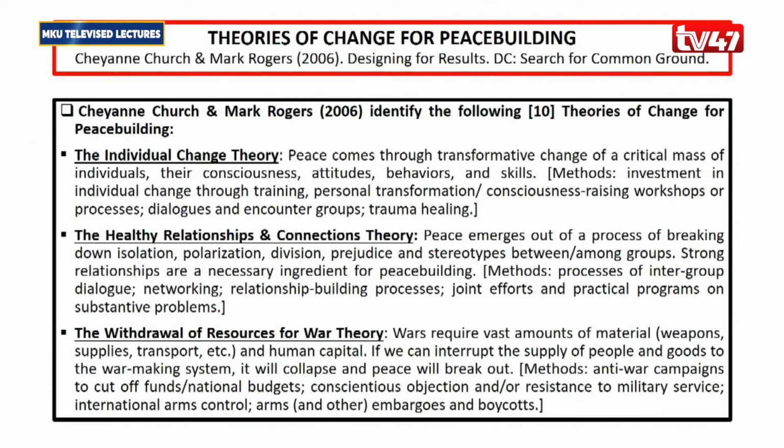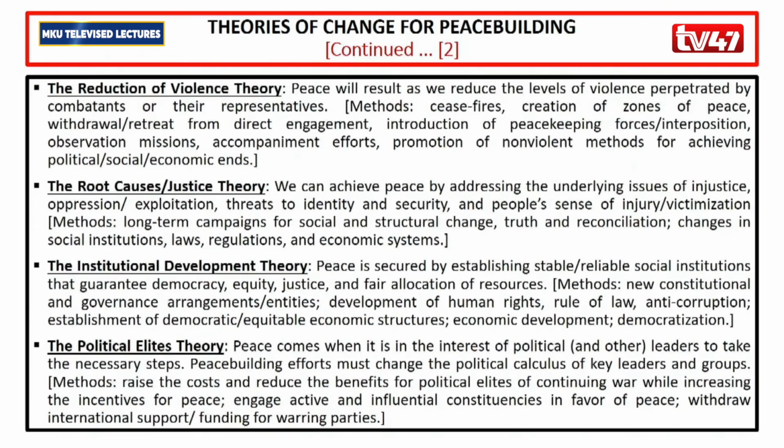Groups like Al-Shabaab, for instance, if we only stopped them from recruiting young people to join, we have already cut on their human resources. So the group is likely to die a natural death. So we could do that by engaging in anti-war campaigns, to cut off funds and national budgets, consensus objection where people can refuse to go to war, and then international arms control and so many other methods